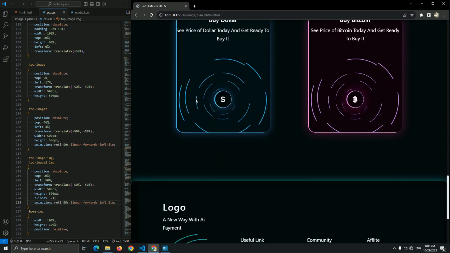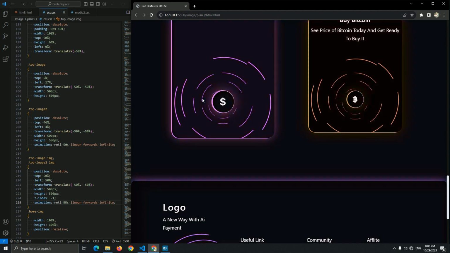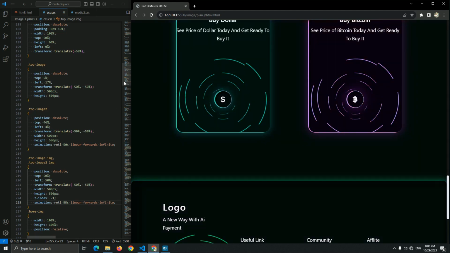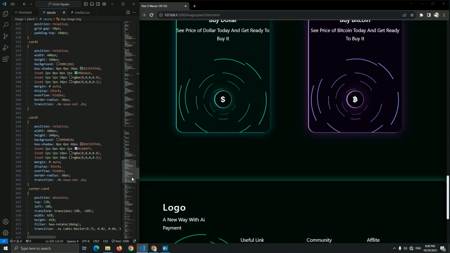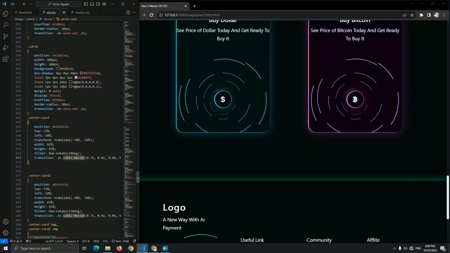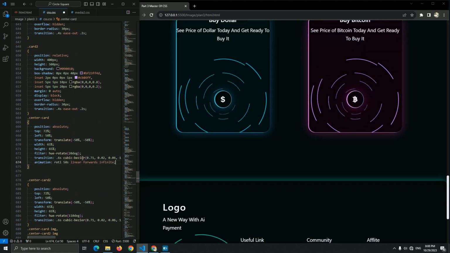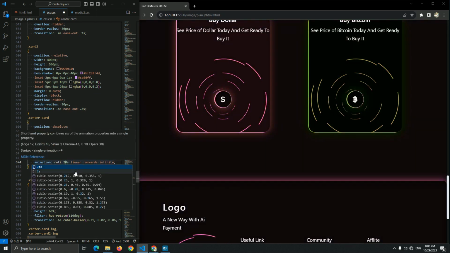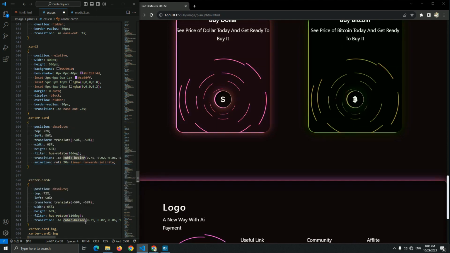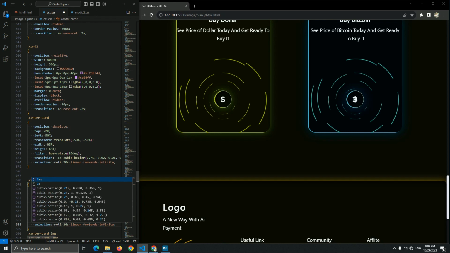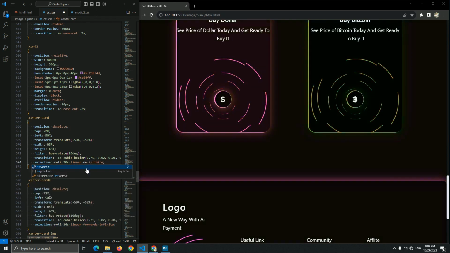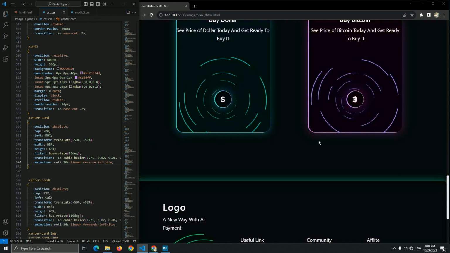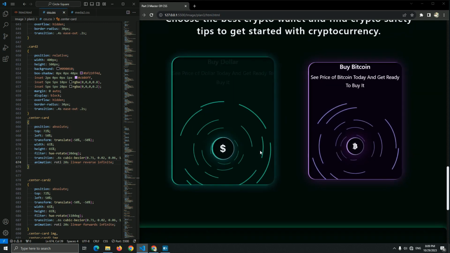Okay, oh yes, and for this let me just add it. For this center chord one, let me just find it, guys. Let me add it here. Here you go. Now add it here, center chord one, and let me make it 20 seconds for this. And for this center chord 2, let me set this forwards, but this one reverse instead of that. And let's see it. Yep, now the animation is very good.